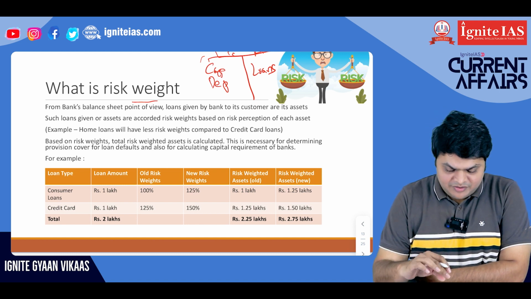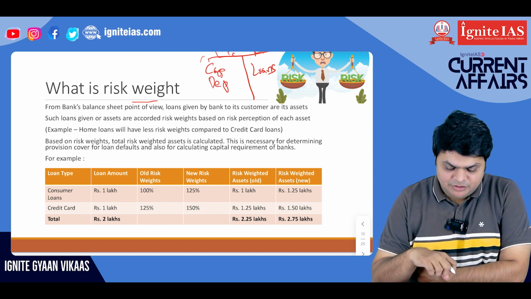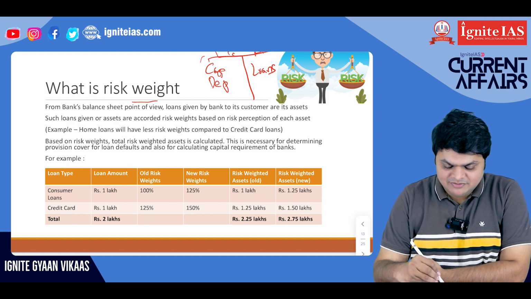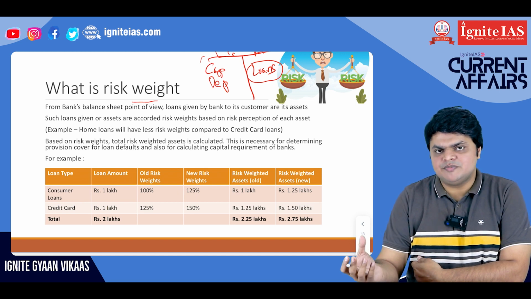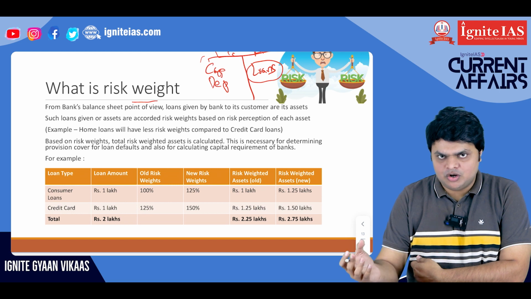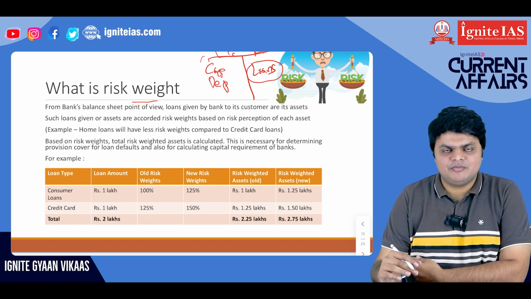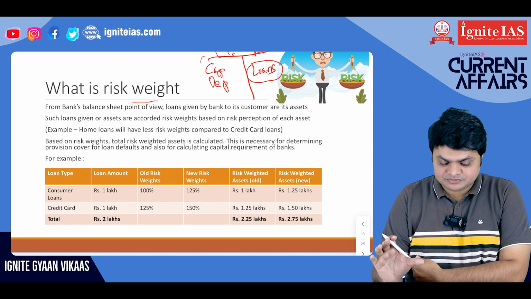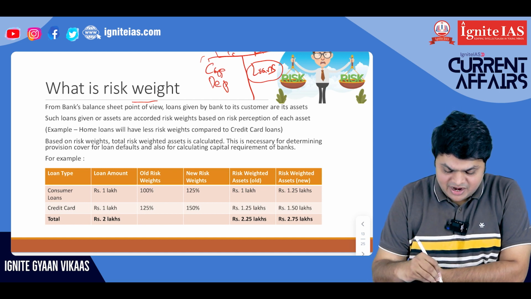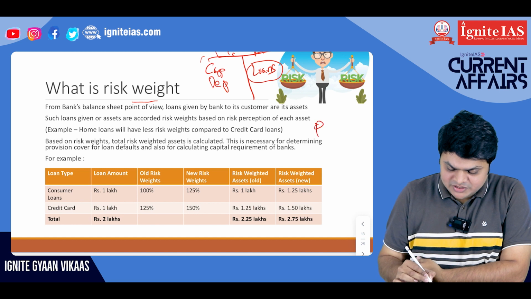Okay. Now, once we have the idea of bank's balance sheet, we need to understand that whenever banks give loans to consumer, they have to keep certain provisioning for if a loan becomes bad or it becomes an NPA. What does it mean when loan becomes bad? Its recovery is not guaranteed, or the borrower is not in the condition to repay it to the bank. Now, bank has to write off those loans. Now, as a safeguard, the banks are required to make certain provision based on the outstanding loan amount.